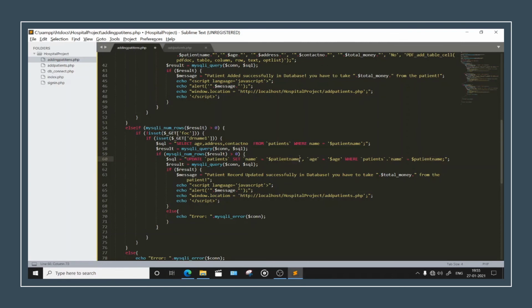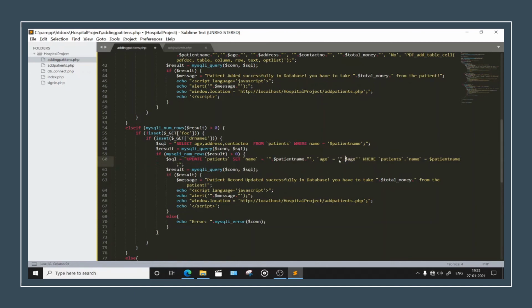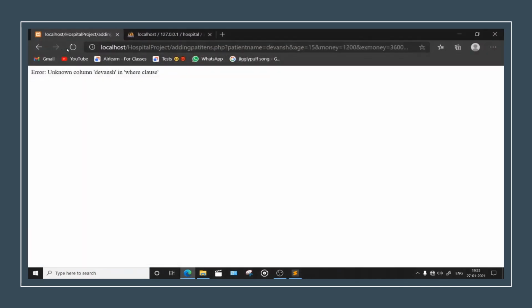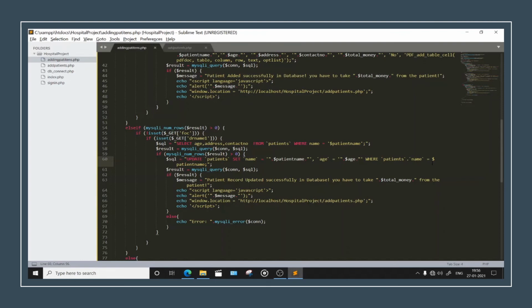Select this part. Keep two dots at the one and the other end. Select this thing once again, keep two dots once again. Fine. Now let's refresh. Still, it's going like that. Where patient's dot name is this.